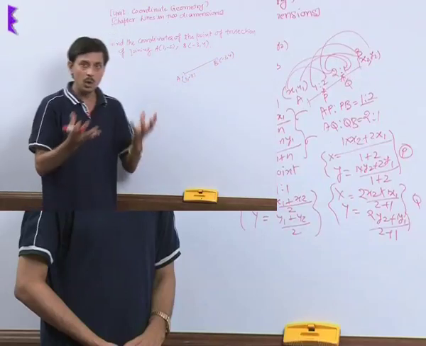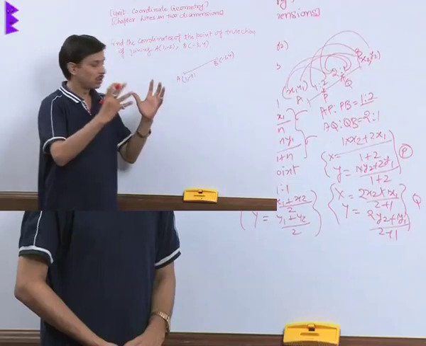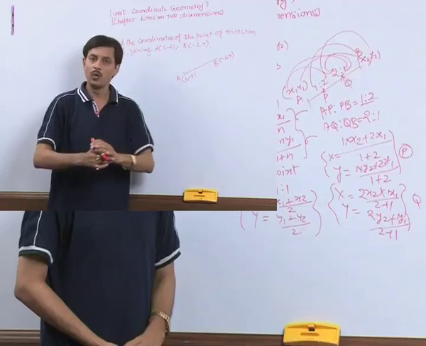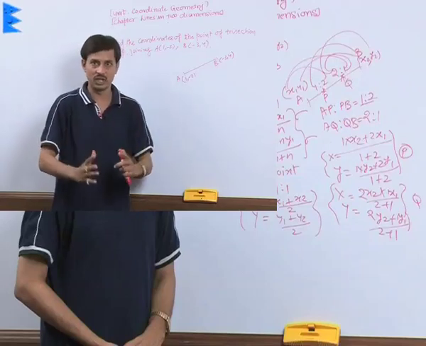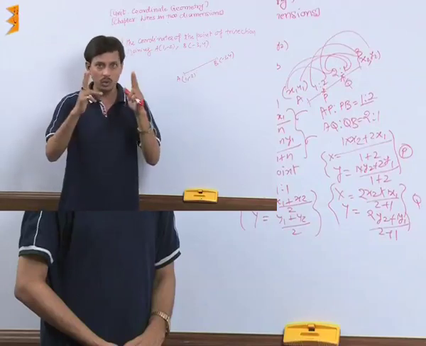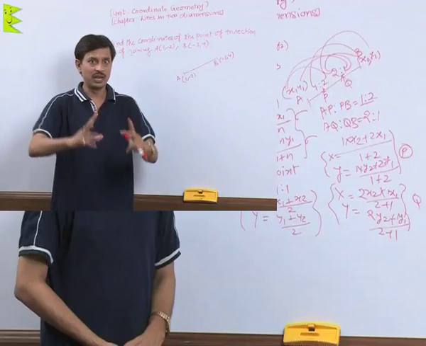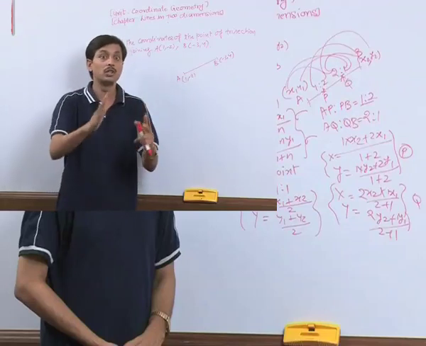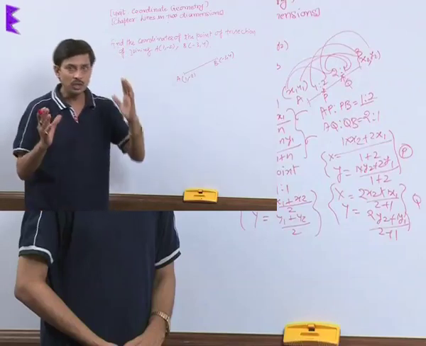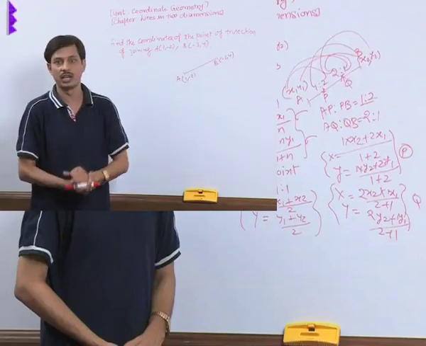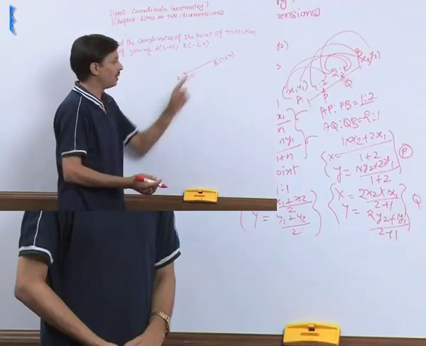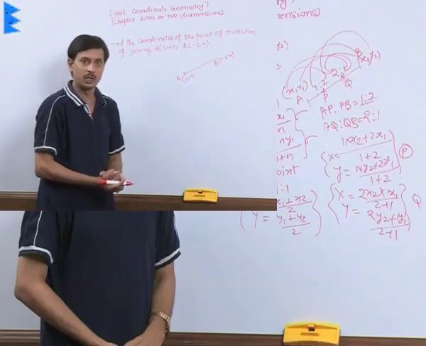As the question wants the coordinates of the points of trisection, first of all we must be aware of what trisection means. If we have a 6 meter long rope and we cut it 2 times, it will be in 3 equal parts. So separating a length into 3 equal parts is known as trisection. A is the first endpoint, with coordinates 1, minus 2. B is the second endpoint, with coordinates minus 3, 4.